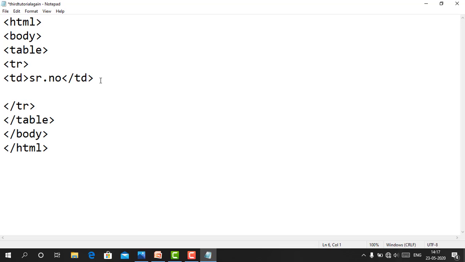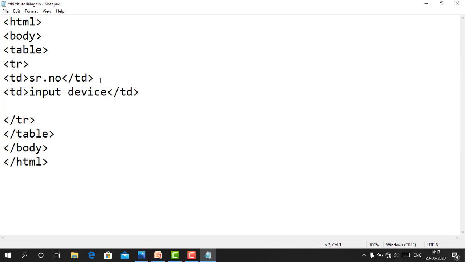Okay, in the second td, again closing td, serial number, then input device, then output device.